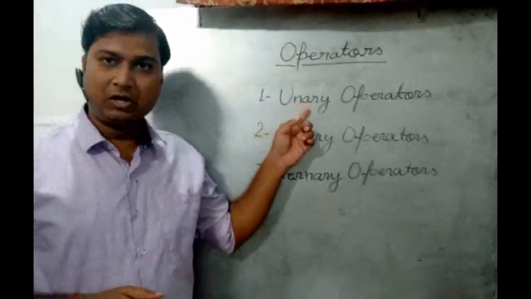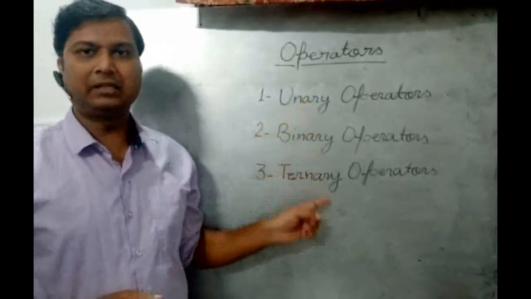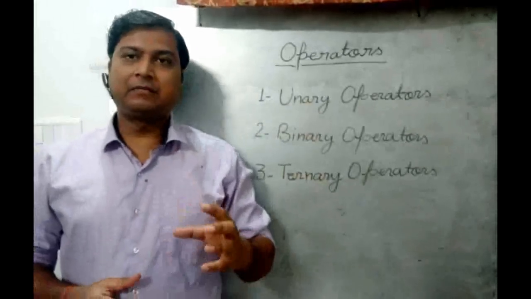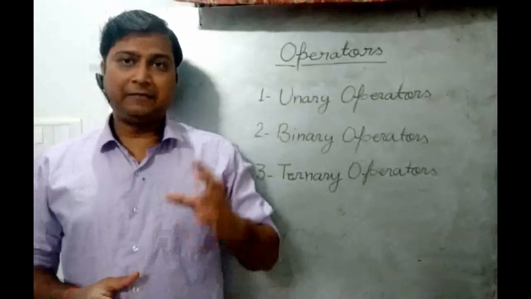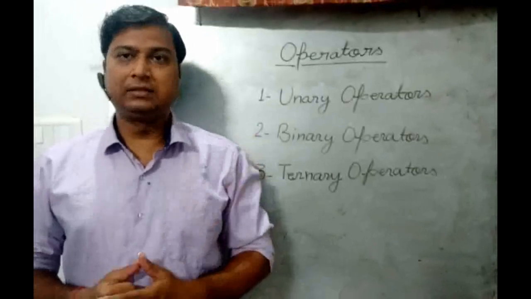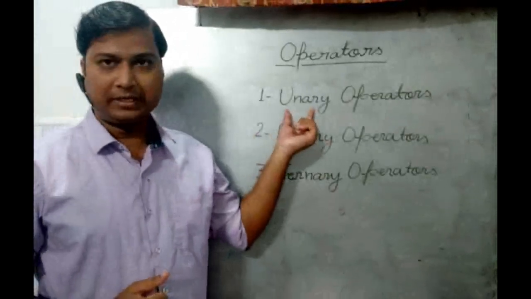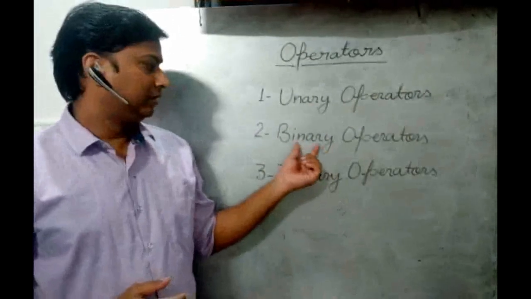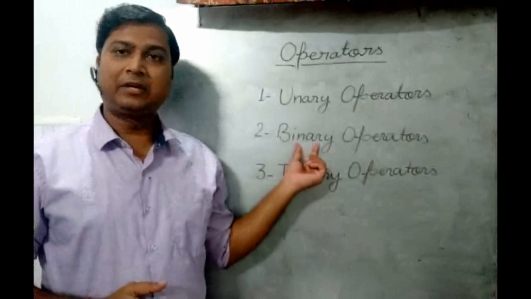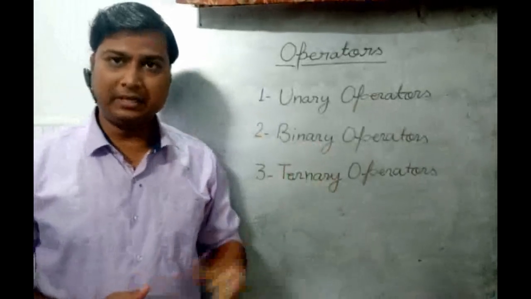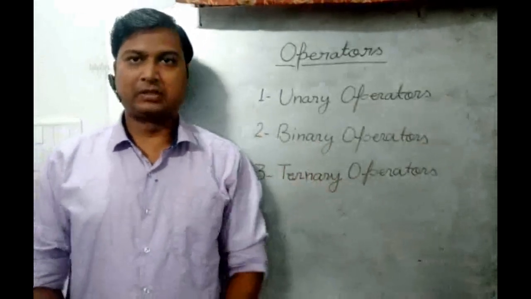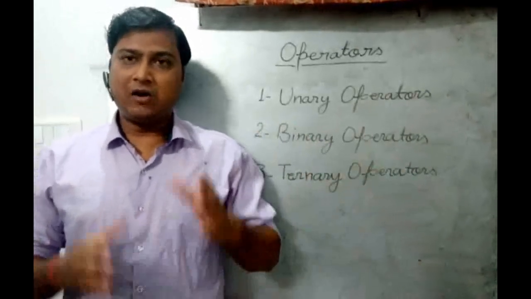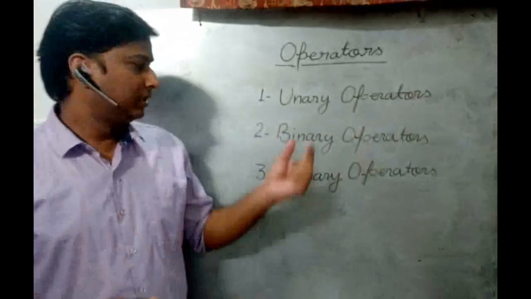First one is the unary operator, second one is the binary operator, and third one is the ternary operator. It means whenever we use only one operand for a calculation, that is known as a unary operator. If we are using two different operands, this is known as a binary operator. And if we are using an operator with three different operands, this is known as a ternary operator. These things we have already discussed in previous videos, and now